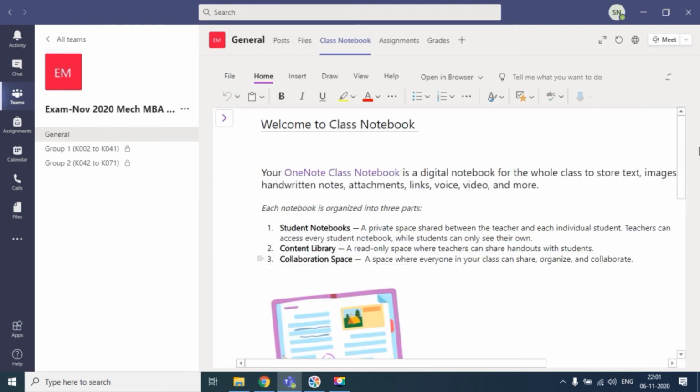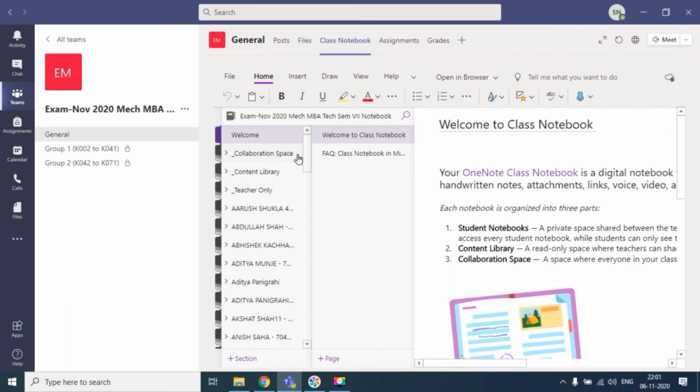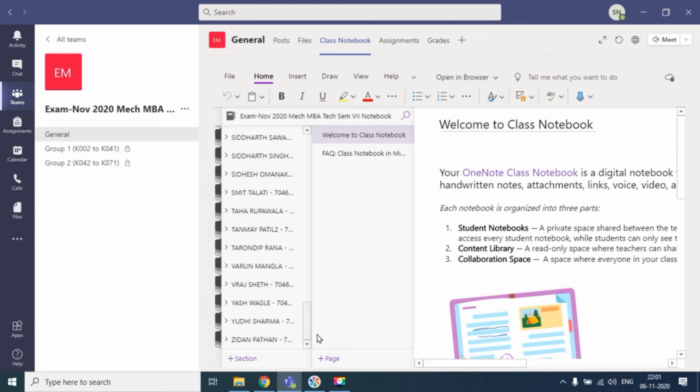So done, our class notebook is ready. Now we can go ahead and create our assignment, and we can cross check the same over here. So here we can see all the names of the students and their individual space is created. Thank you.